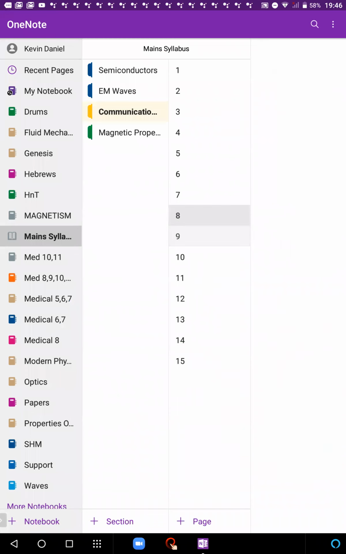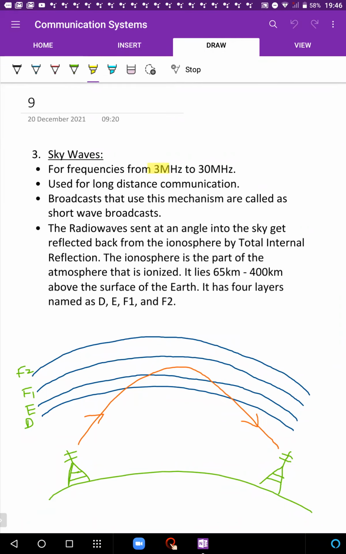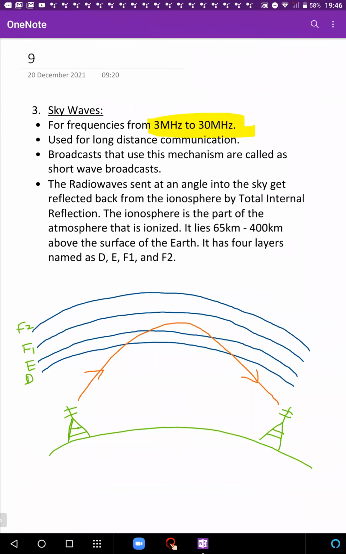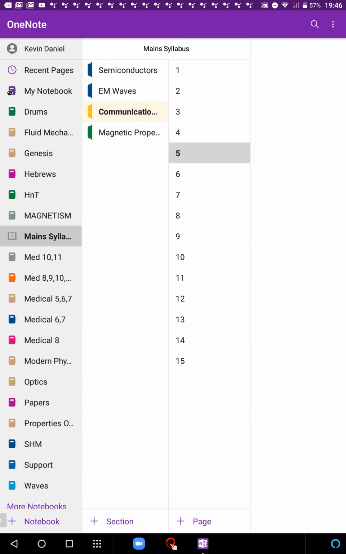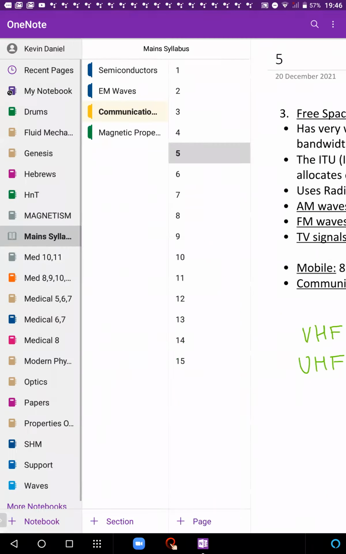I'll come back to that formula, but just to quickly mention sky waves. So sky waves is a totally different mechanism. Sky waves are used for a very narrow frequency range, 3 megahertz to 30 megahertz. And if you go back to that page, you'll not really find any of those mentioned broadcasts, AM, FM, TV, mobile communication. None of them ka frequency range lies in that window. 3 megahertz to 30 megahertz किसी का भी lie करता नहीं है. So if they ask you like TV कौन सा use करता है, the answer is never going to be sky waves. Okay, in fact it's going to be either ground or space waves.